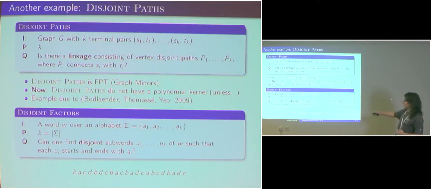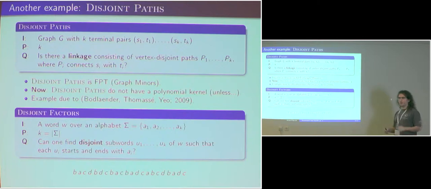Okay, so the auxiliary problem will be quite funny. It will actually have nothing to do with graphs. It will be a problem on words. So I've got a word W over some alphabet on the input, and the alphabet has k letters. The size of the alphabet is my parameter. So I've got a long word, say like this. This is a word over a 4-letter alphabet consisting of A, B, C, D. And now I ask, can I find disjoint subwords of this word,